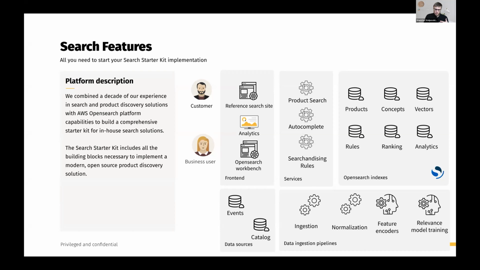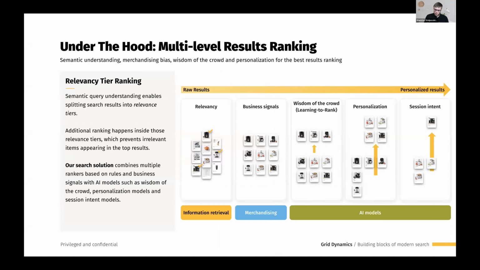It's not only providing you the retrieval part, it's actually providing you the possibility to do multiple levels of result re-ranking. The first part of our discussion was about how we can retrieve results, but there are lots of steps that need to be done after results are retrieved. There are different layers of re-ranking happening on top. If you're using concept search or vector search, you can have relevancy buckets, which help you understand which of the products is most relevant, which is less relevant, and which was added just as a similar topic. We can use this relevancy bucket as the first tier, and we can add multiple tiers using our system on top, which incorporates the business signals,